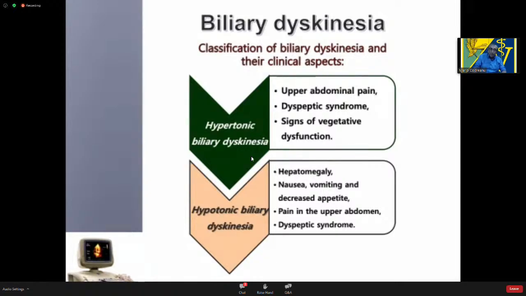On the other hand, in case of hypotonic biliary dyskinesia, we can register the presence of hepatomegaly, even to palpation, of course, or using ultrasound examination, the vomiting, important changes up to important decreasing of the appetite, pain in the upper abdomen, and of course, in addition the presence of dyspeptic syndrome,